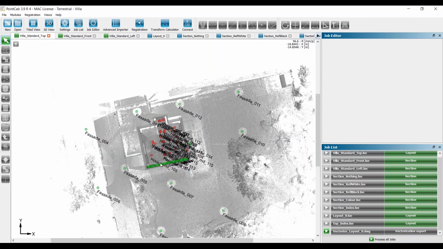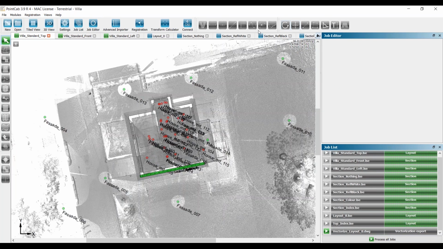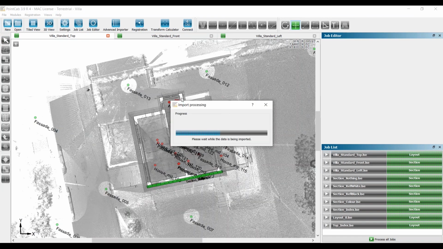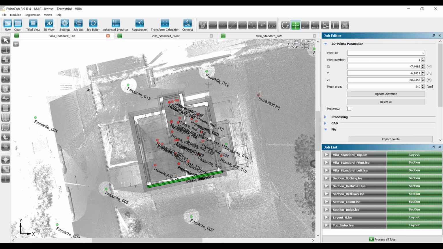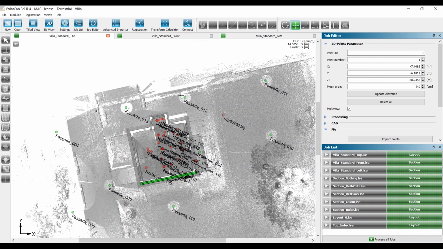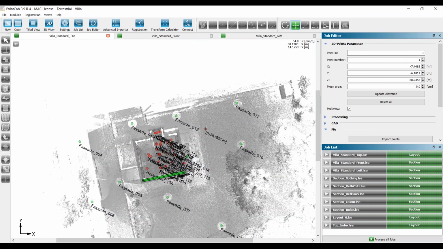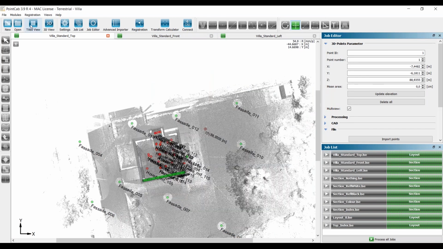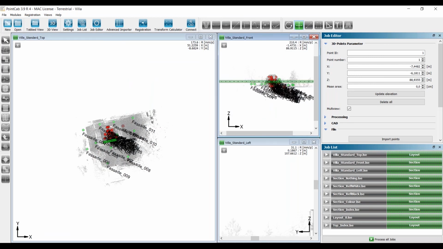Last but not least, 3D points. I know you all are using 3D points, but did you know that for 3D points, you have an option called Multiview? You can set it for one single point, or you can set it for all points in the properties, of course. Sketch Panorama, Multiview, 3D points. And then you're able,